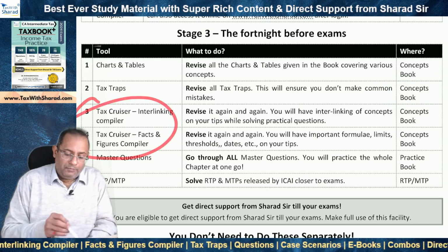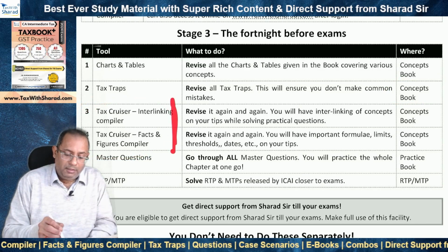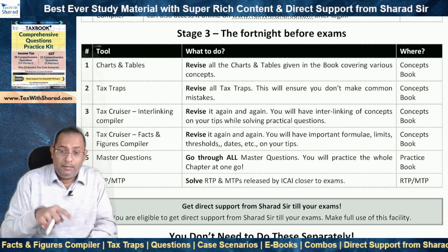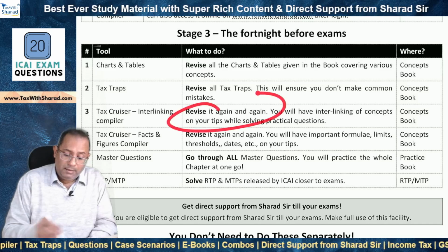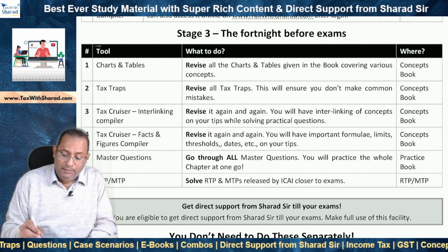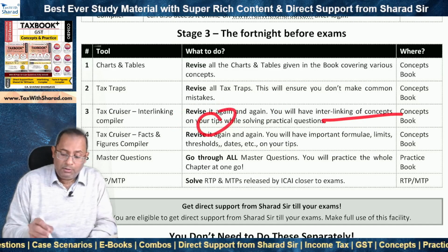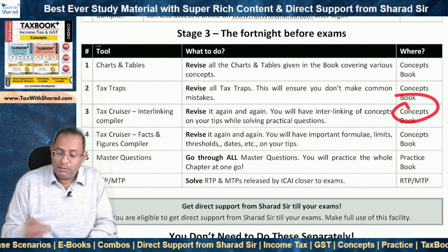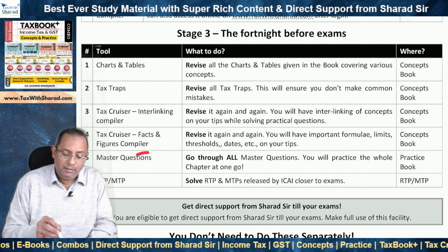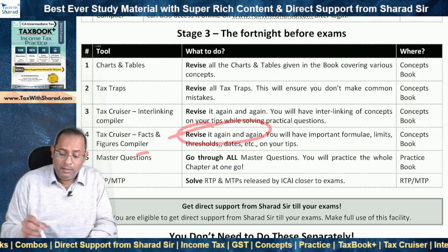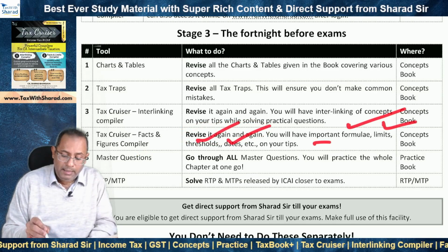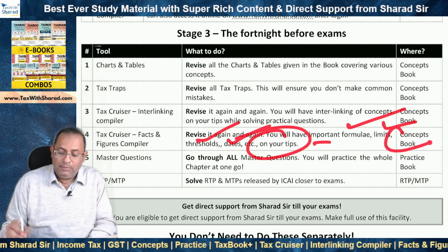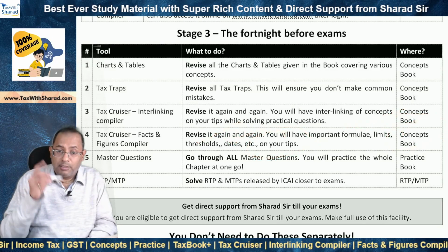Number 3 and 4, interlinking compiler and facts and figures compiler. You had been reading these two compilers again and again. You revise them now once again and you will have interlinking of concepts at your fingertips while solving practical questions given in the concepts book. Similarly, for the facts and figures compiler, revise it again and again. You will have important formulae, limits, thresholds, dates at your fingertips, given in the concepts book and also accessible online